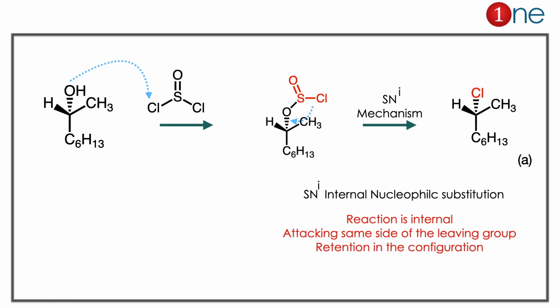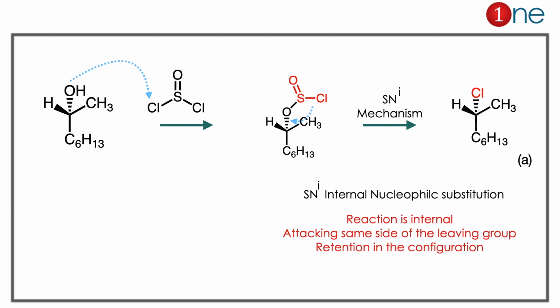By looking at the mechanism you can realize nicely the OH attacks the Cl of SOCl2, so the O-S bond happens there. Then the chlorine is delivered from the same system. So the same face oxygen and chlorine are there. So it is same side substitution, so retention in configuration. Chlorine attacks the same side of oxygen, so chlorine is also below the plane, which is called the SNi mechanism.